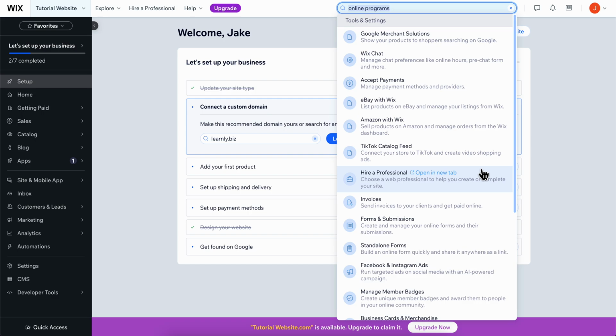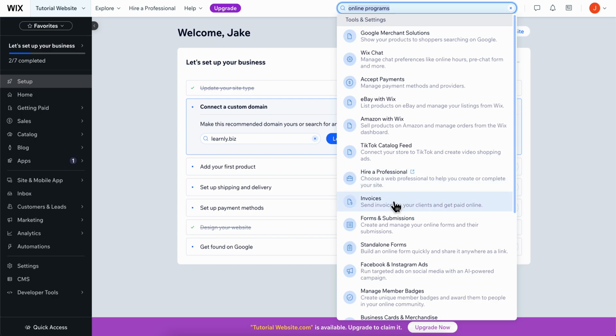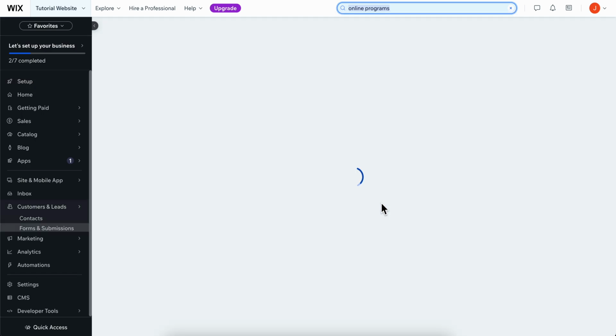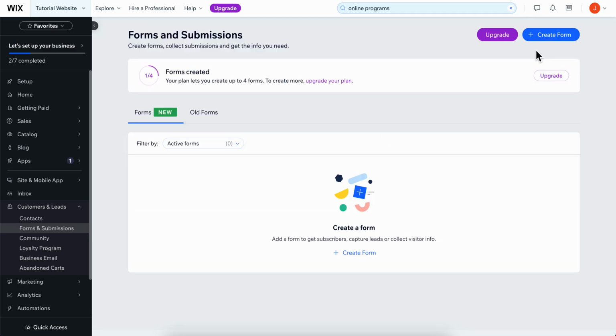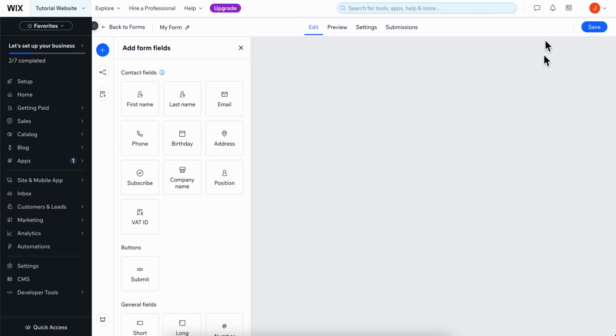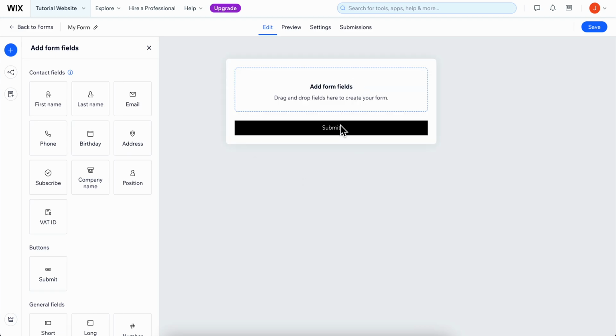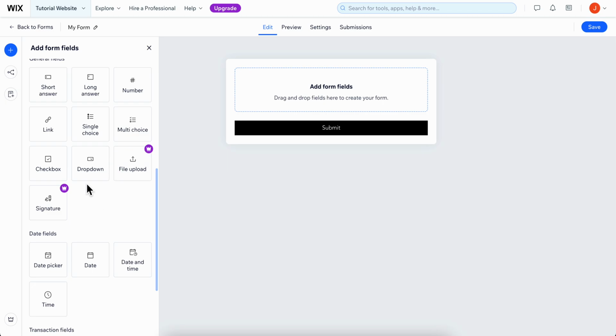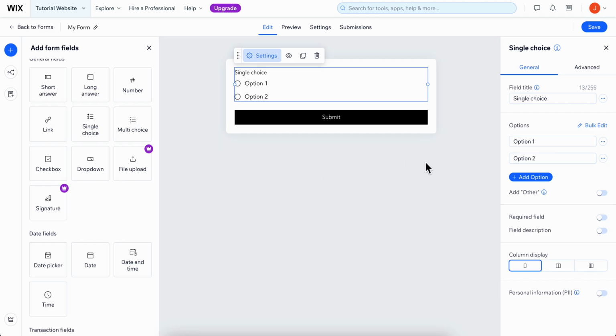so let's click on show more results, and then here we have forms and submissions. And basically here you're gonna be able to create a form, and we can make this as a quiz. So as you can see, we can simply upload, and you can add the single choice, multi-choice. So you can simply click on this, and then here you can simply choose what is 1 plus 1,